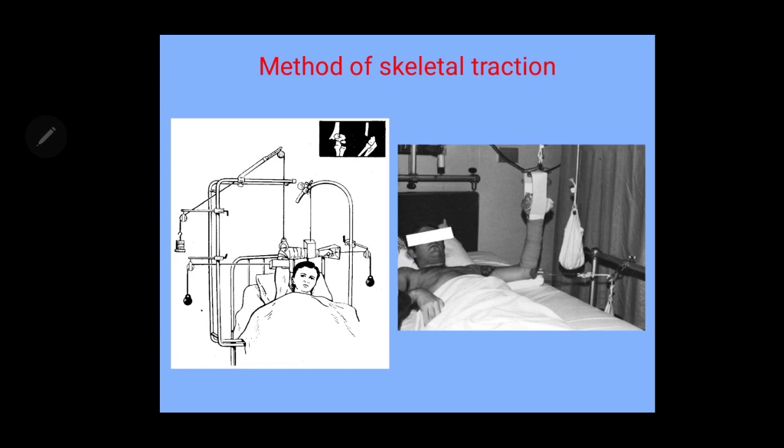So if we are talking about the procedure, how to apply this skeletal traction, we should remember that we should put the K-wire through the bone, and the only place where you can do it for the upper extremity is the olecranon. So you're doing this as a surgical procedure. You need sterile instruments, you need a sterile K-wire, you are cleaning the skin with antiseptics, twice with iodine solution, twice with spirit. You are injecting lidocaine solution